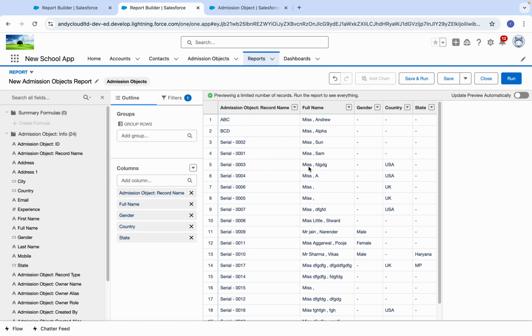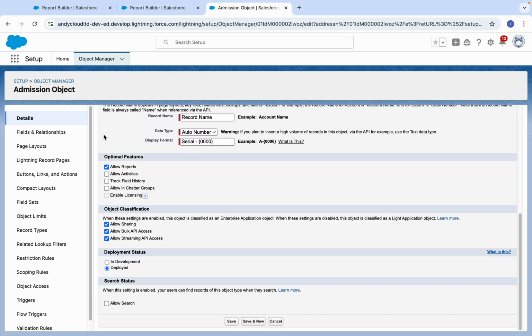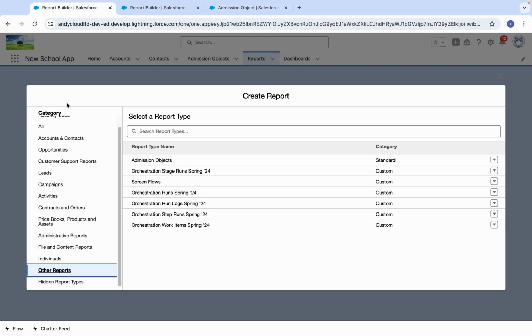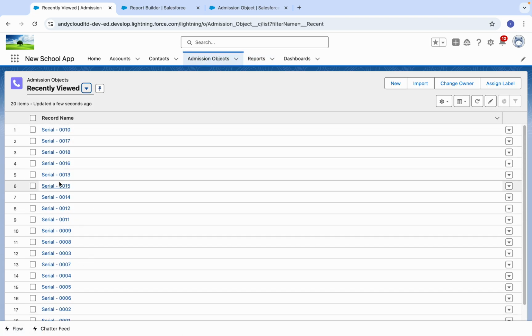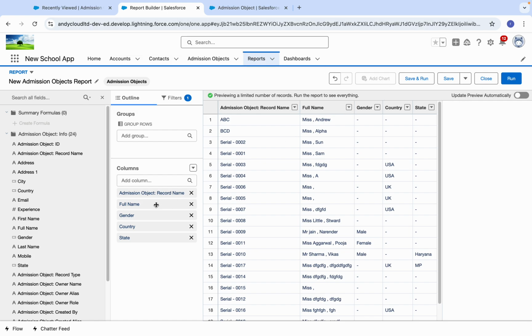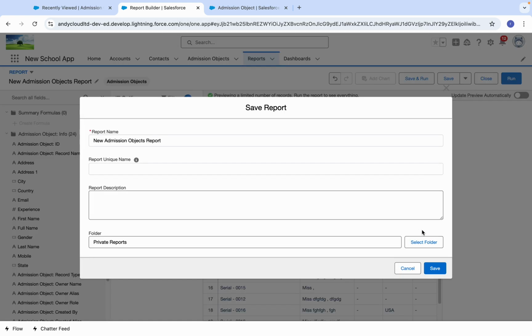Now this is a simple basic report, like Excel. Suppose this is my object, and in this report we have 100, 200 records. We want to export it in Excel. How will we do it? The simple thing is, we will go into reports and add whatever fields we want to add. Save.